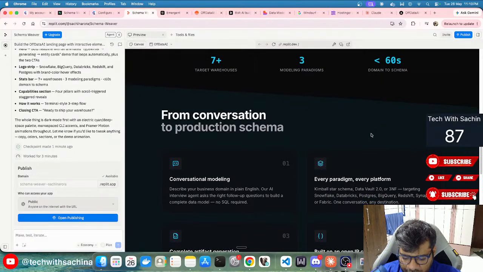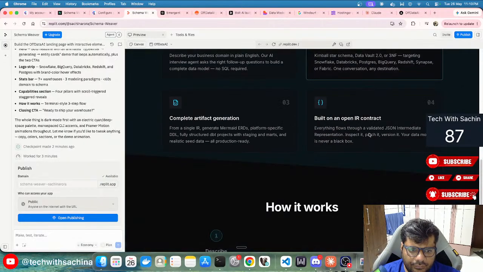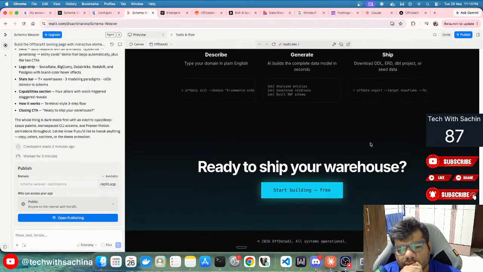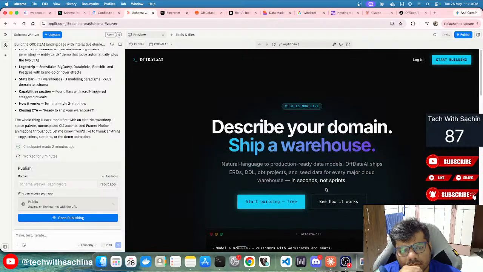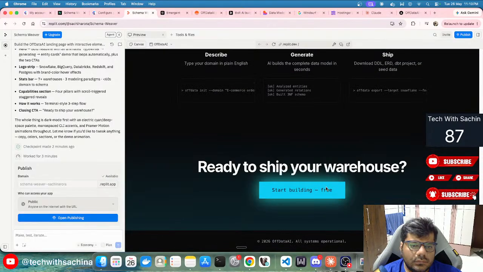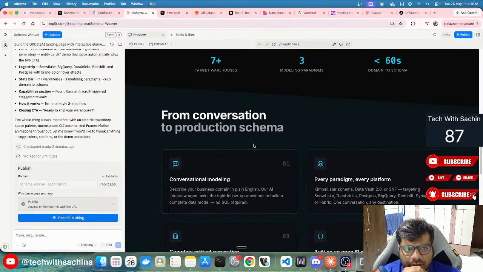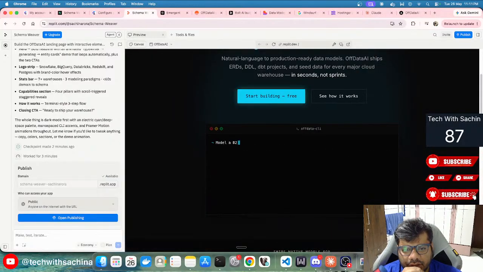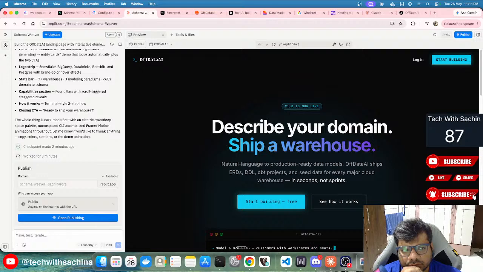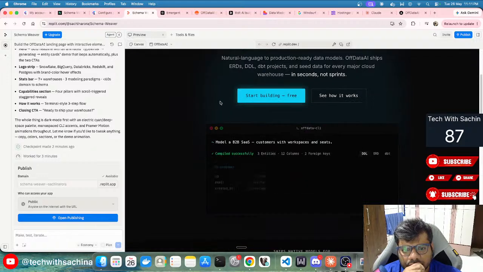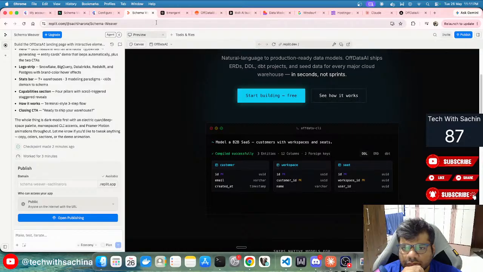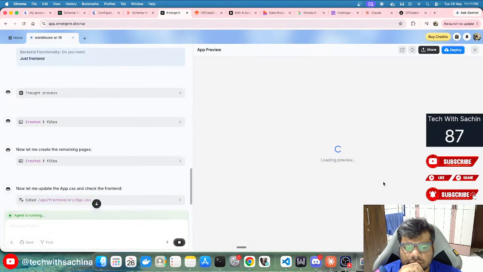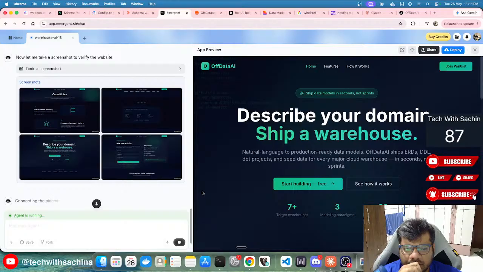Replit is doing some great stuff. Okay, this is nice. Especially I like this hero section. Right. Emergent is also done. Let's see how Emergent looks like.